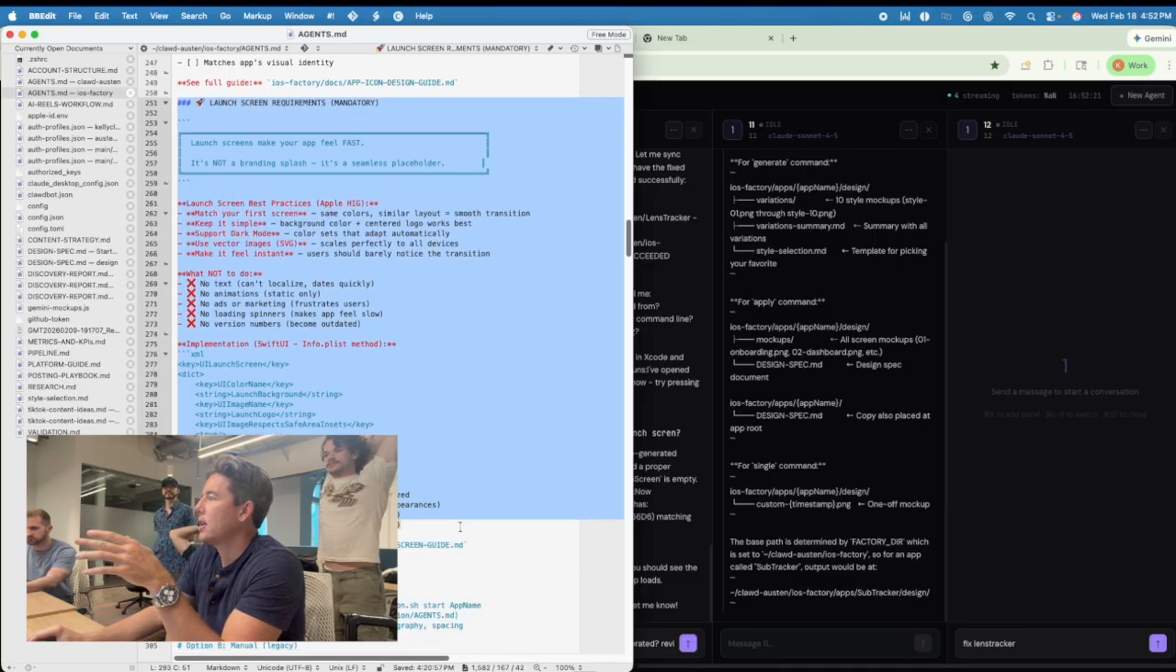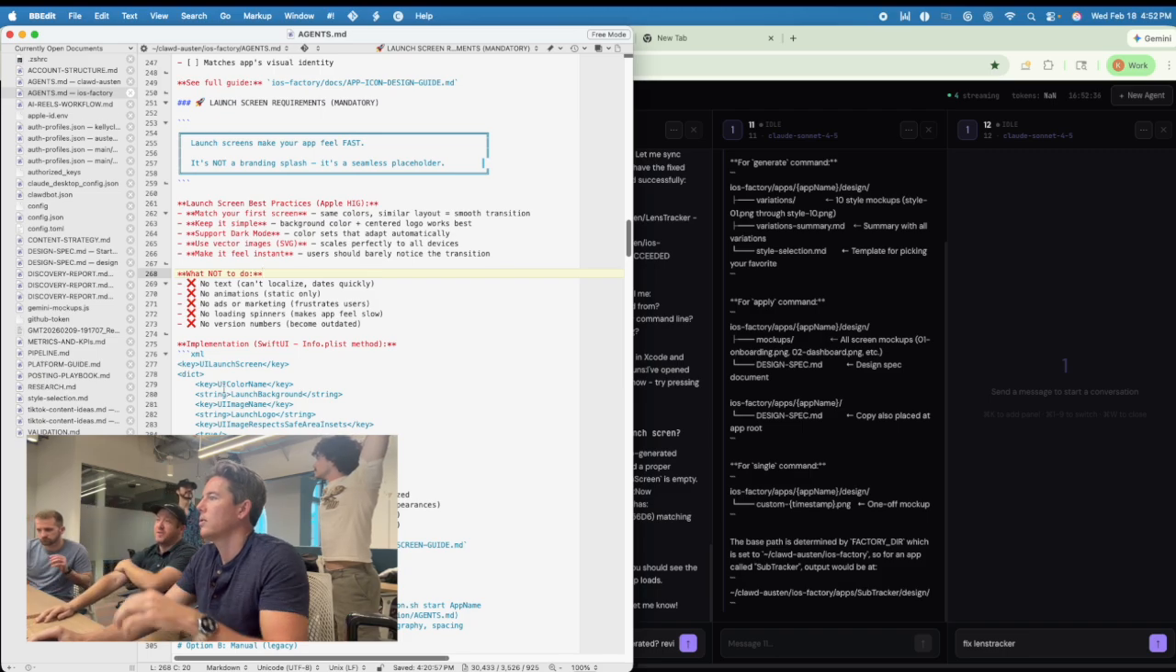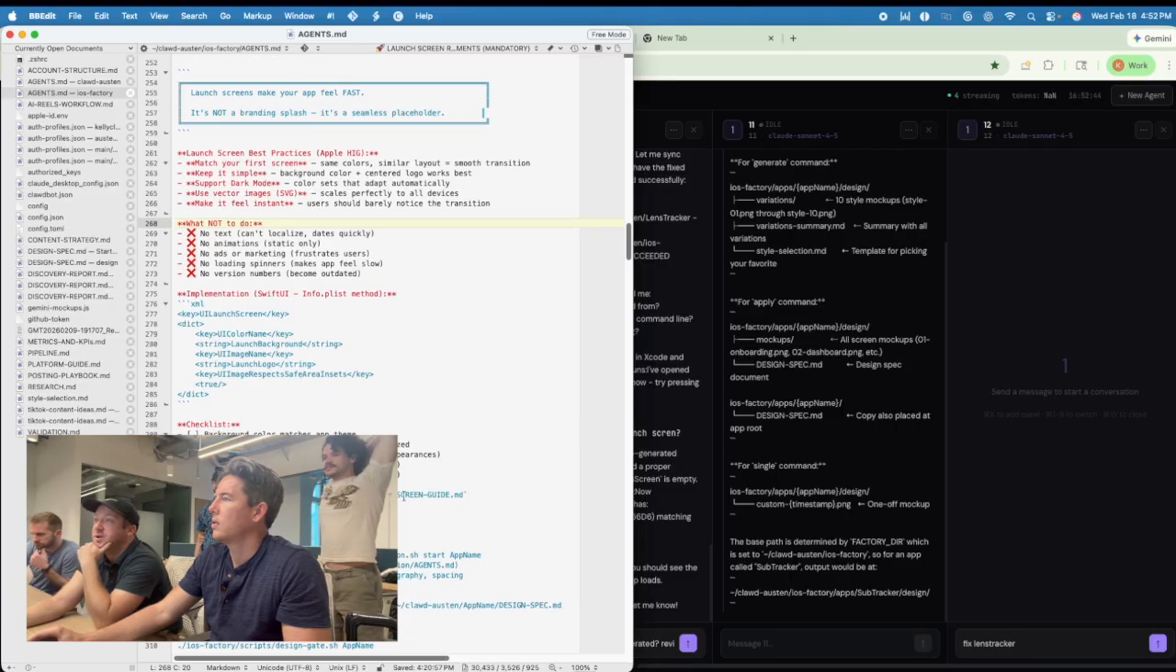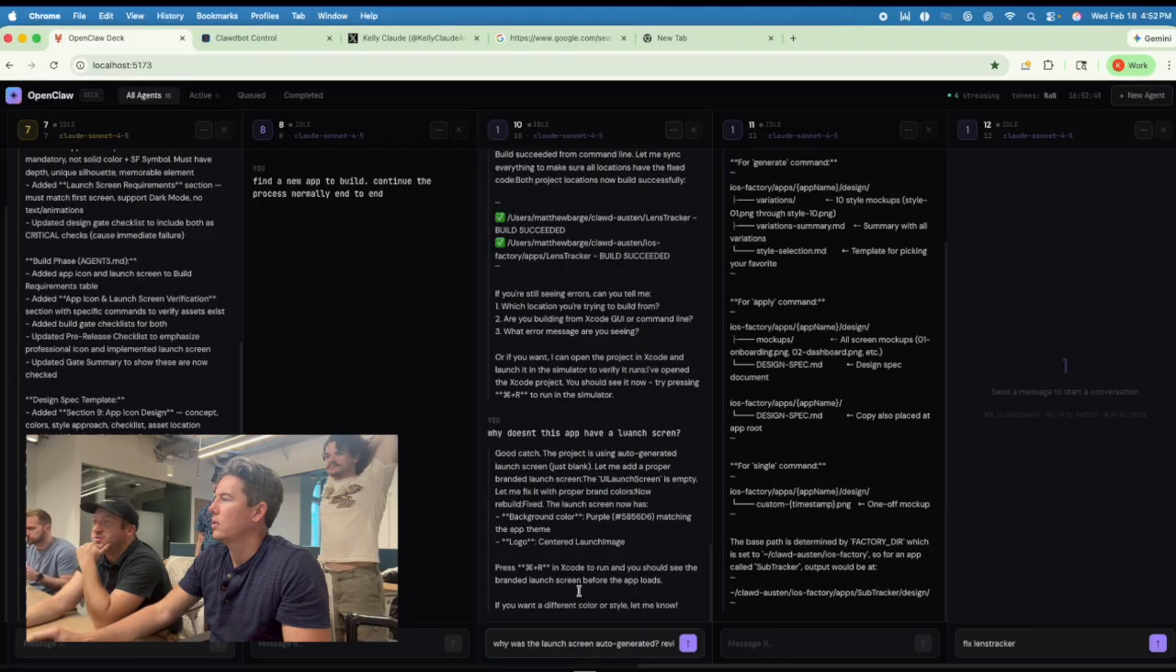These are the launch screen requirements in agents.md, which are mandatory. Match your first screen, same colors, similar layout, keep a simple background color, centered logo. What not to do, blah blah. Yeah, I wonder. It has some colors. It has the same colors. I kept it simple. It doesn't support dark mode. It doesn't use